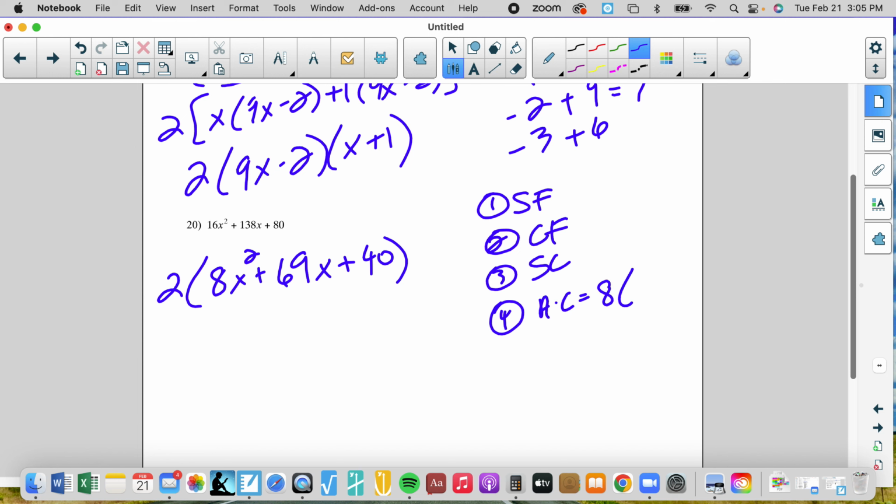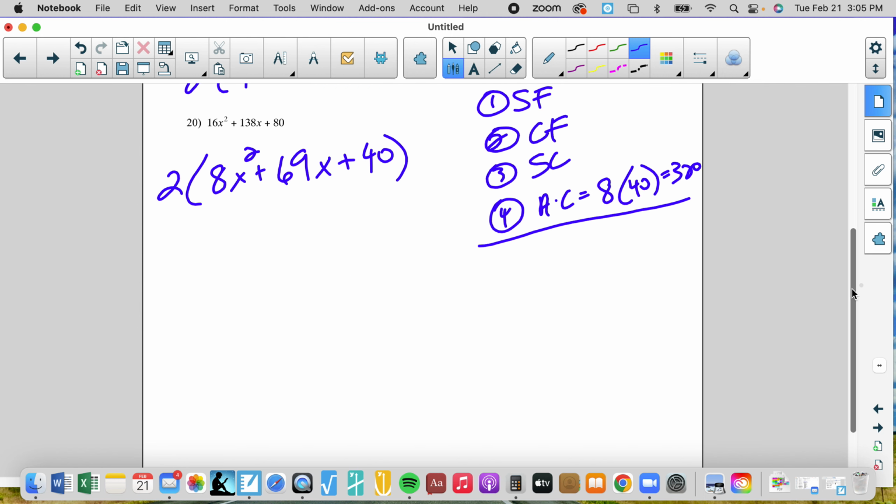a times c. Ugh. 8 times 40, 320. Yowzers. Okay. We still have another test. This is important. 3 does not go into 320 because 3 plus 2 plus 0 is 5, and 3 does not go into 5. 4, yes. 80. 5, yes. 5 goes in